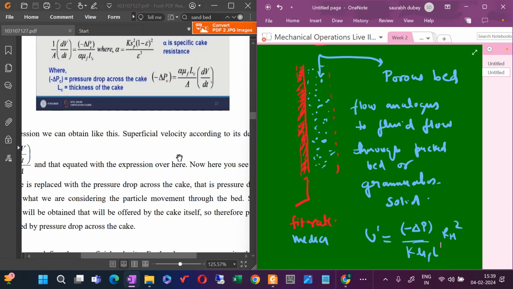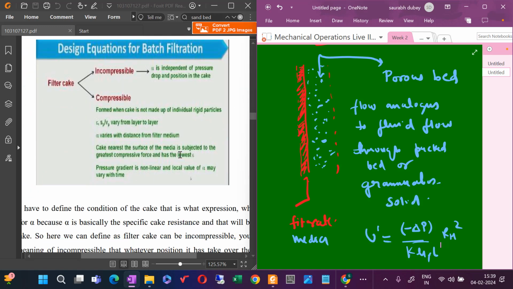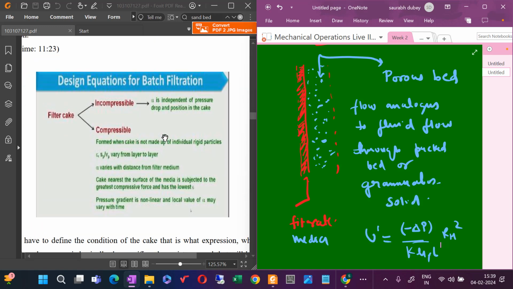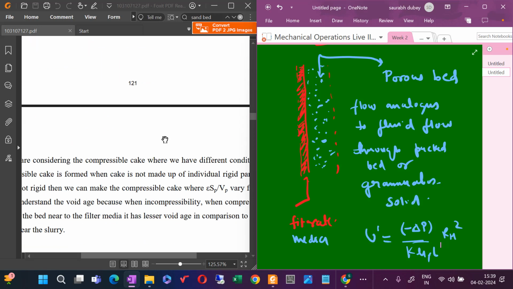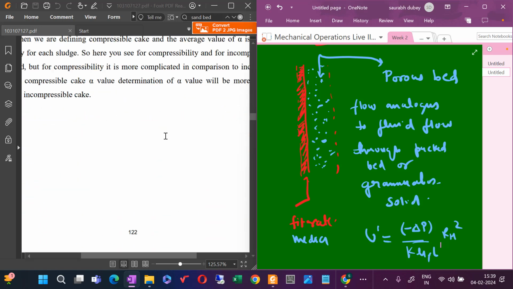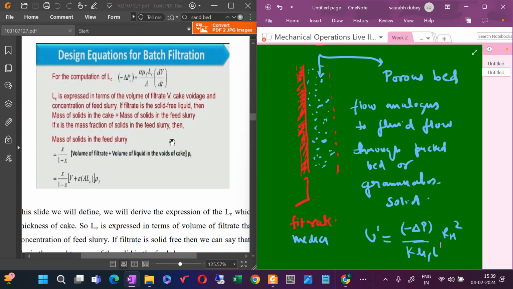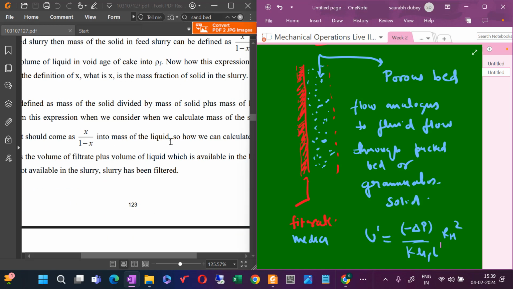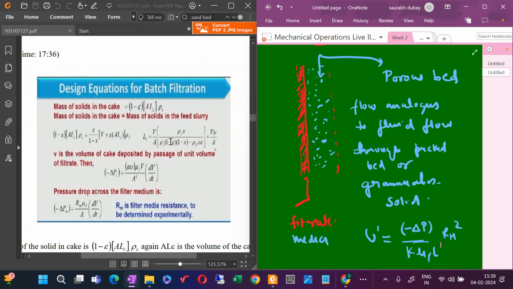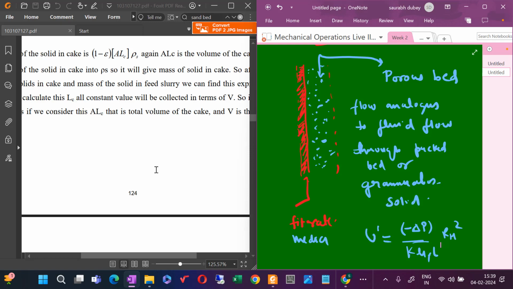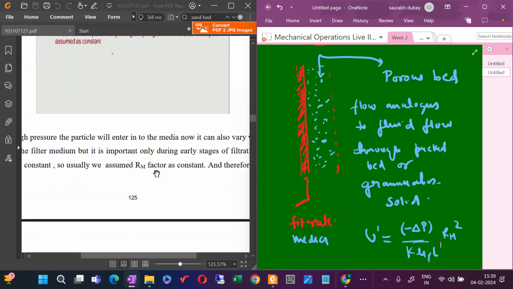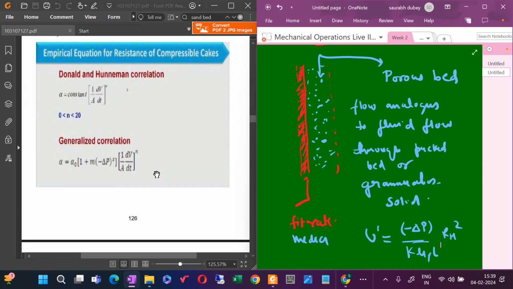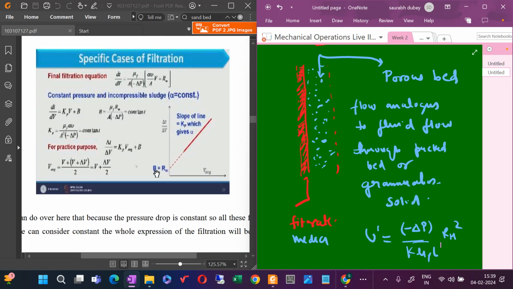And then you go for the final expression. So there will be two types of filter cake: one is compressible and the other incompressible. So about that the discussions are there. And then this final expression, when you go for it, is giving the desired form